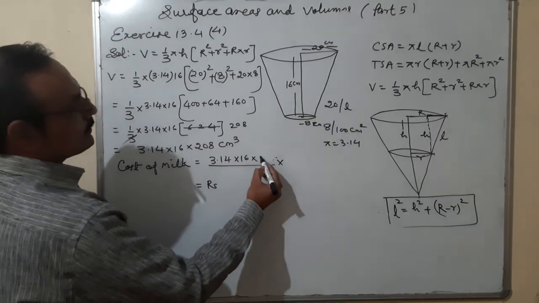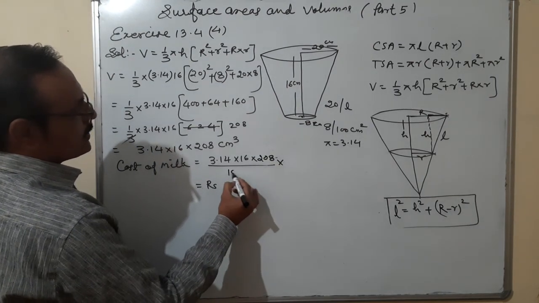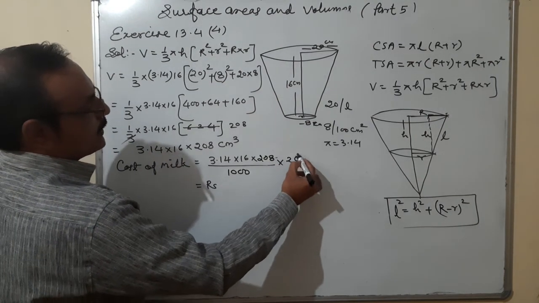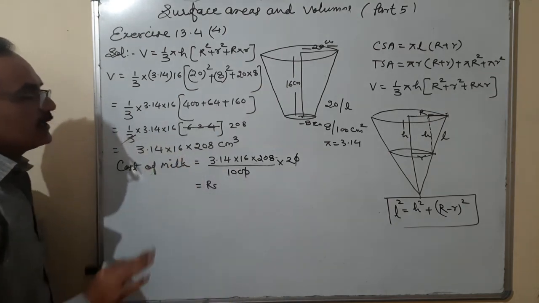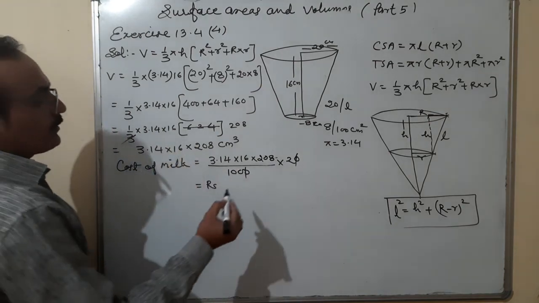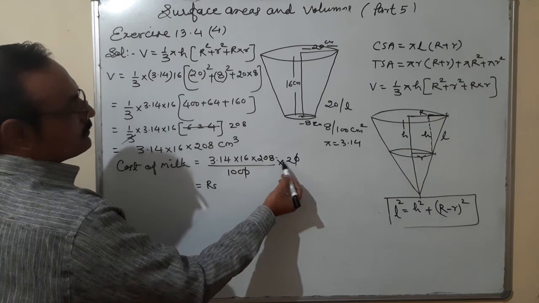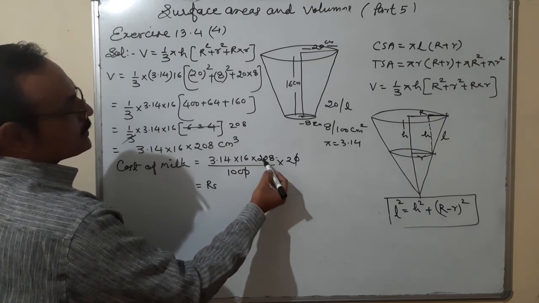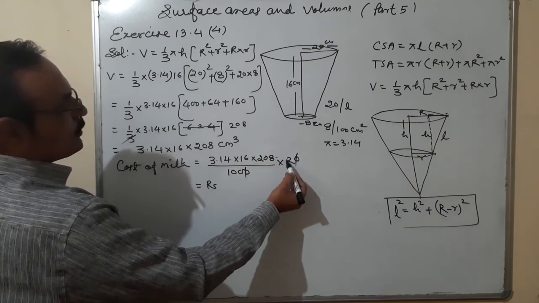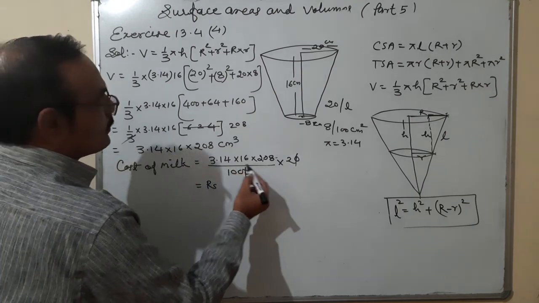It is 208 upon 1000 multiplied by 20. I am cancelling only this. Upon 100 is there. Now start multiplying them. 208 multiplied by 2, it is 416. 416 and 3.14